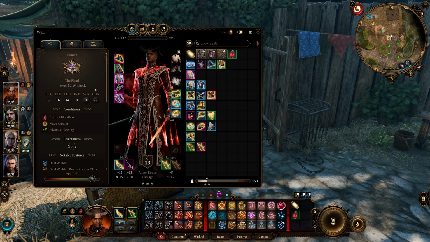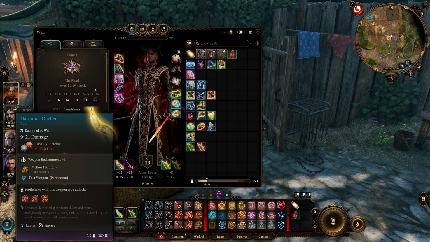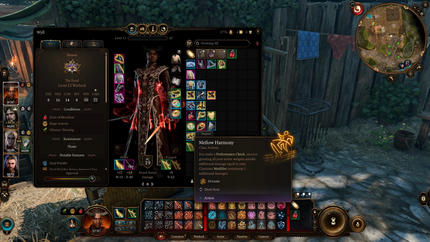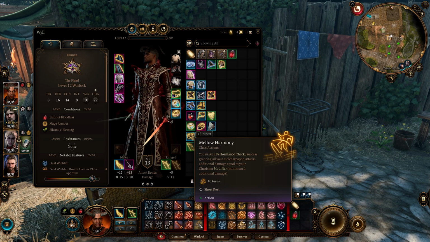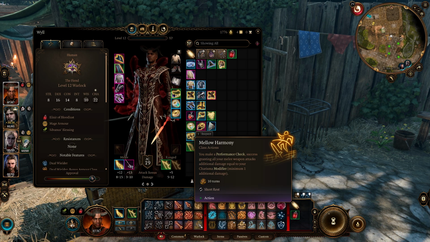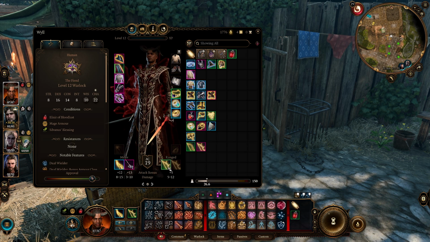Now just keep in mind that the Harmonic Dueler has a unique ability called Mellow Harmony, which after you make a performance check, it's going to add your entire charisma modifier to the damage of all of your melee attacks. So it's going to really enhance your melee damage, and hence why I like to use this in Act 3. And then for the bow, we're just going to go with the Hellrider Longbow mainly for